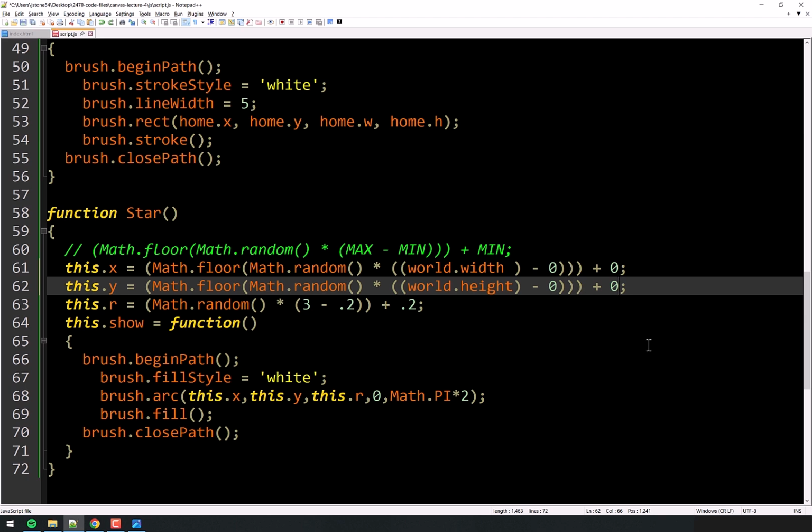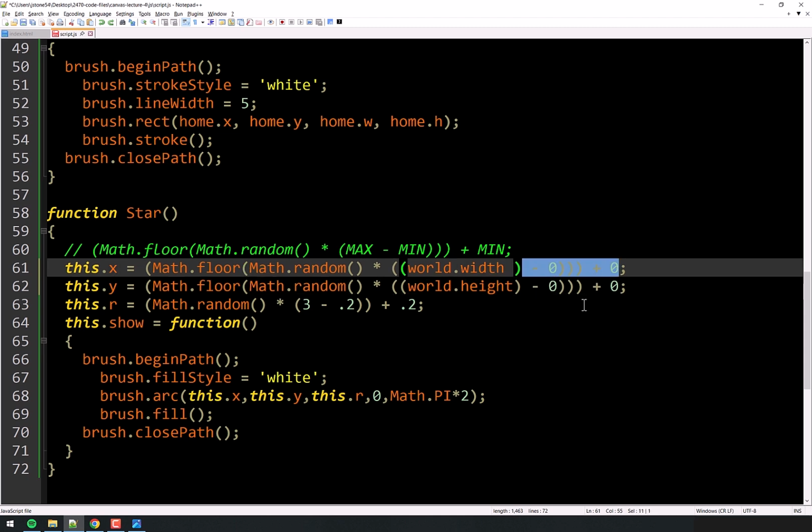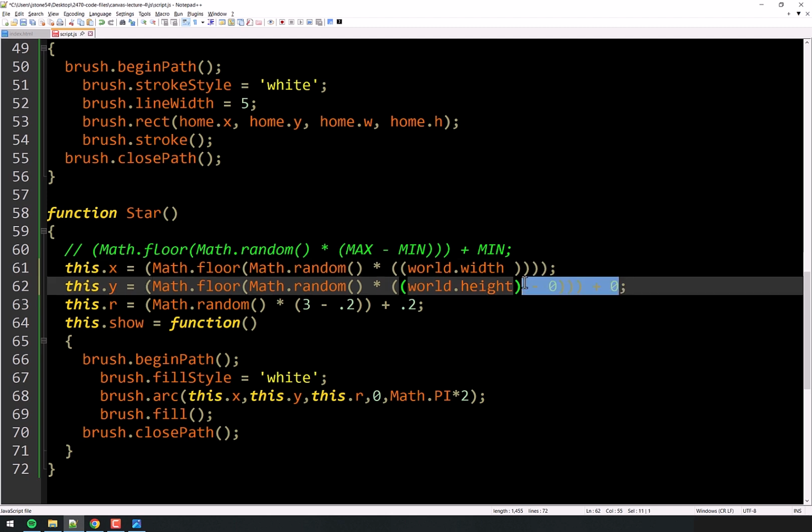Now, in this particular case, since the minimum is 0, and remember this formula, max minus min plus min, well, since it's 0, that doesn't change any values here. So we can kill all of these extra zeros, because adding and subtracting zeros doesn't do anything, right? And I'll fix the parentheses in a second. But I want to make sure they're all lined up, right? So now I can delete this extra set at the beginning. Therefore, we don't need the ones at the end here.